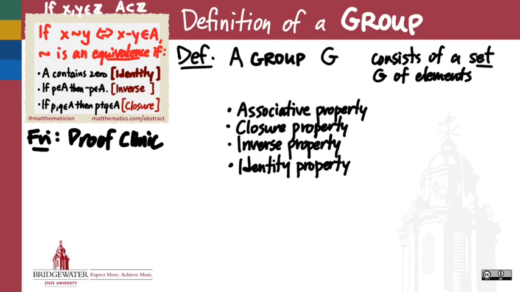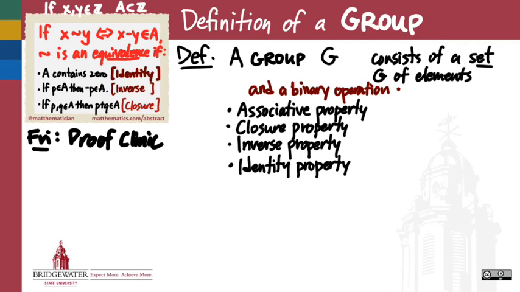An operation. We need both nouns and verbs, right? We need things and we need ways of combining those things. And an operation, I'll be specific here, is a binary operation. It takes two of my elements and produces an output. A binary operation